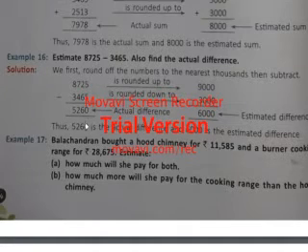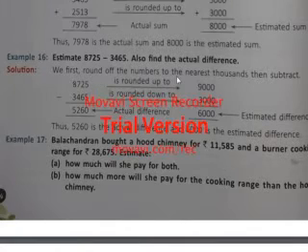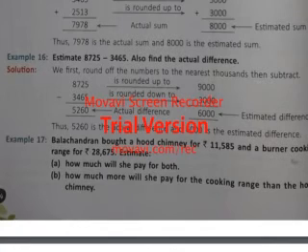The actual difference: 5 minus 5 is 0, and from 2, 6 will not go, so taking carry 1 it becomes 12. 12 minus 6 is 6, and here 6 minus 4 is 2, and 8 minus 3 is 5. You can see here it is 6, because 1 has been given as carry. In rounding, this becomes 9,000, this becomes 3,000, and when subtracted it becomes 6,000. So this is the actual difference and this is the estimated difference. Here also the estimated difference is bigger and the actual difference is smaller. Generally it comes the same, but sometimes it differs also.